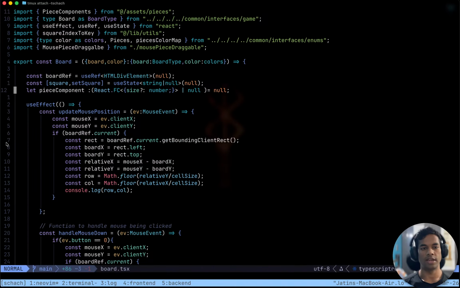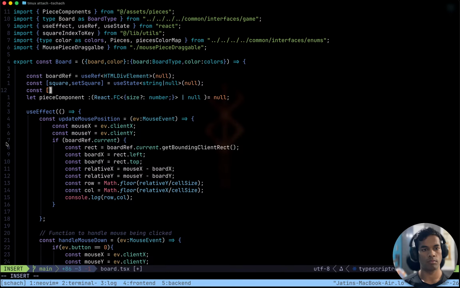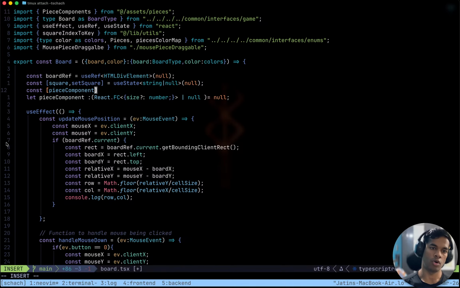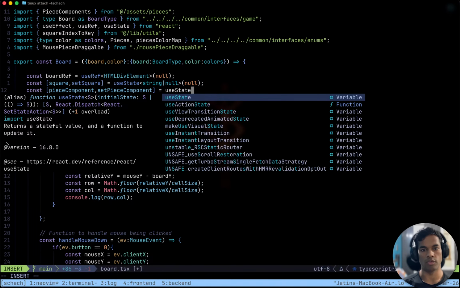Let's use a state variable in that case. Const piece component, set piece component equals use state.